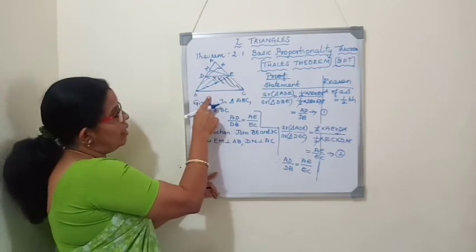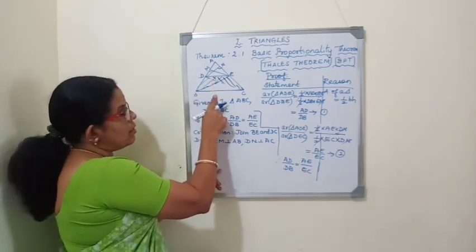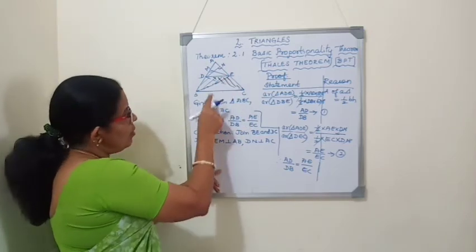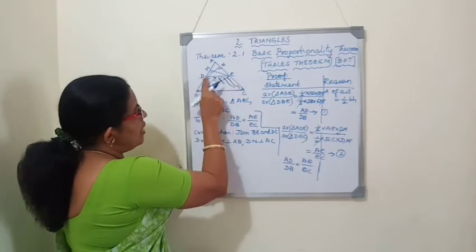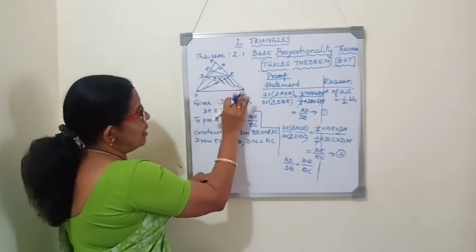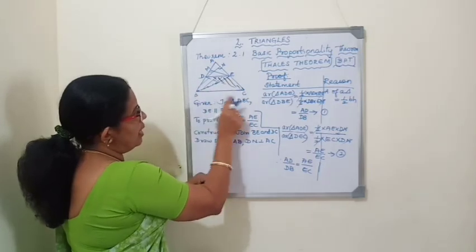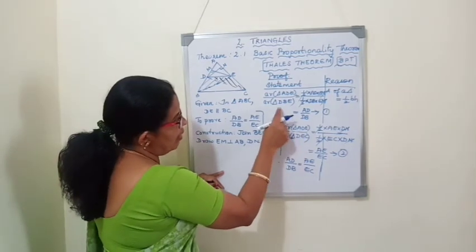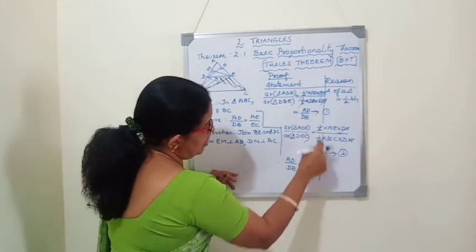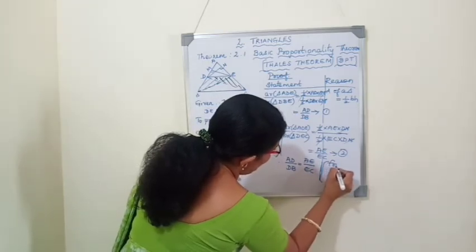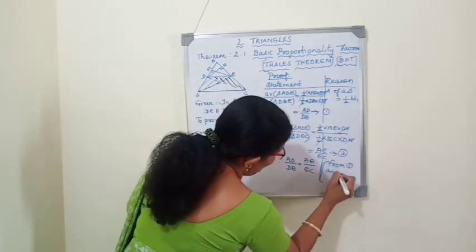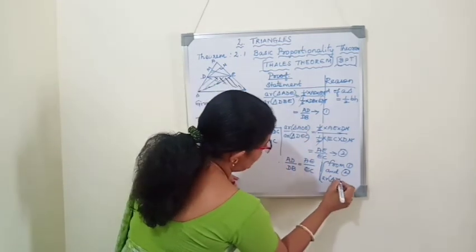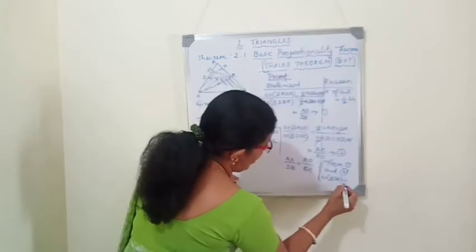In 9th standard, we had learned that if two triangles are on the same base and between the same parallels, they are equal in area. So, triangle DBE and triangle DEC are on the same base BC and between the same parallels DE and BC. So, we can say that their areas are equal. As the numerators are equal and denominators are equal, RHS will be equal. Reason: from equation 1 and 2, and one more, area of denominator triangle DBC is equal to area of triangle DEC.